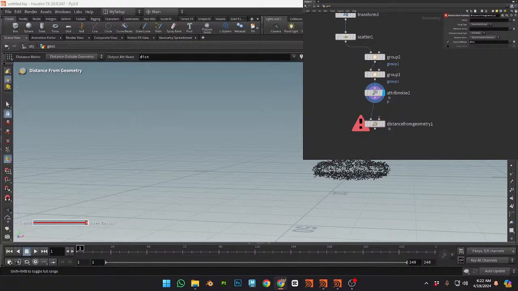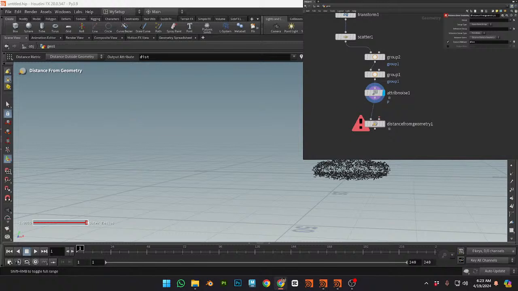So distance from geometry, and say Houdini. Pretty much, the side effects has this amazing thing. But what is this? Oh yeah, take a look at this tutorial also. But this is 2022. So they have this library of what each node does. So pretty much what this node can be used to measure the distance from a reference geometry, which is useful